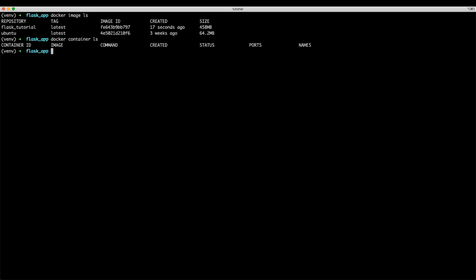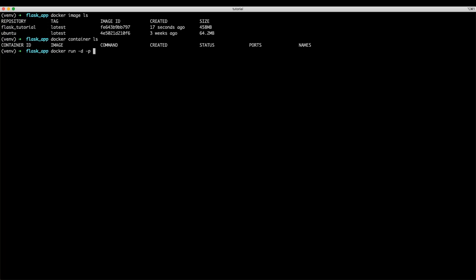To start, execute, or run the image, we just need to write docker run -d. -d is for detach mode, or a kind of background mode. If you do not pass -d, it will show you all the logs on your terminal itself. So if you need to run this application in the background, you can simply pass -d, and